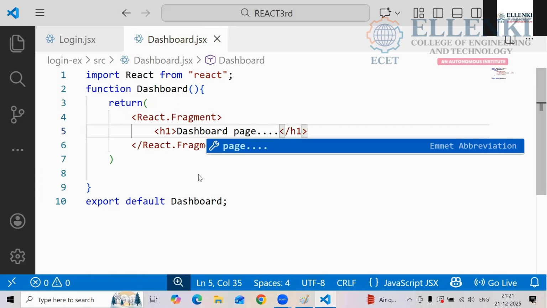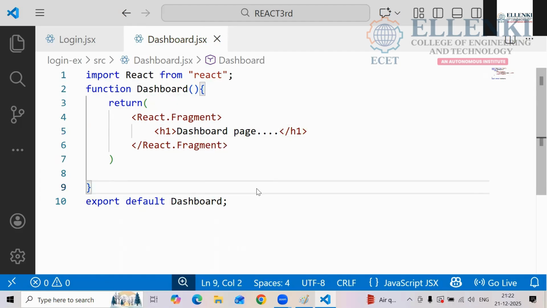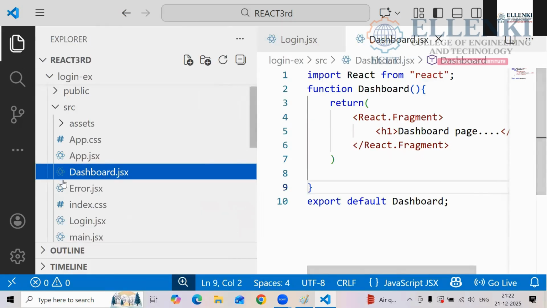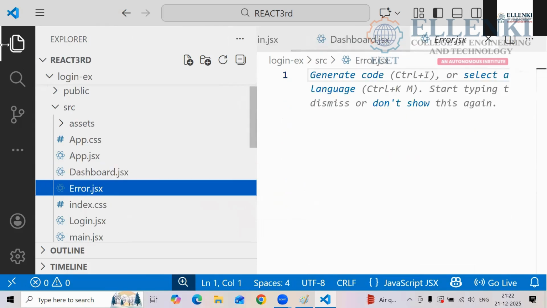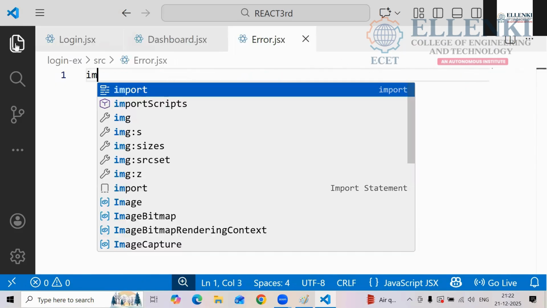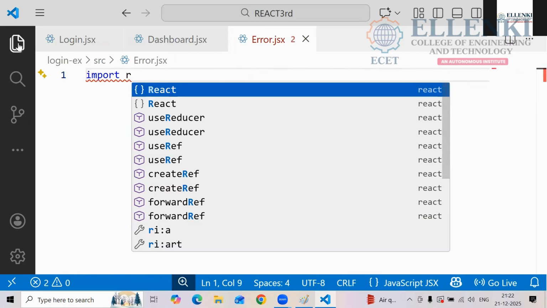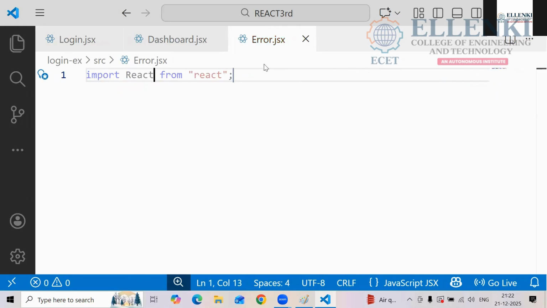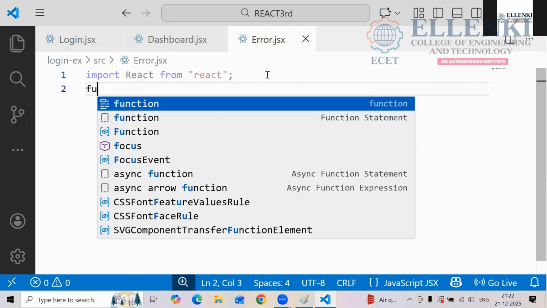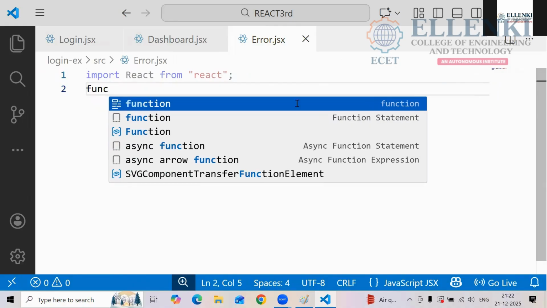Credentials are correct, login successfully. Otherwise, what data do you want to give? Dashboard page. Is it enough? Okay, so this is the dashboard page, nothing else is there. We have to create the error page also, same like this only, right? So now tell me what I have to do. Import React from React. Later I have to write one function. What is that function?